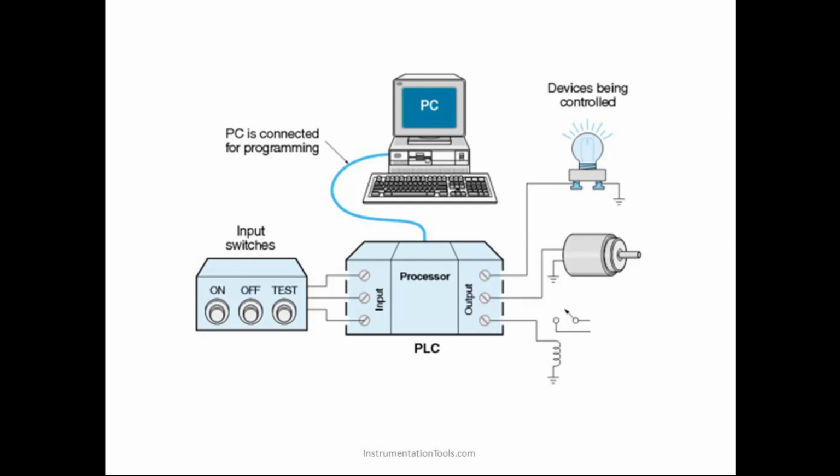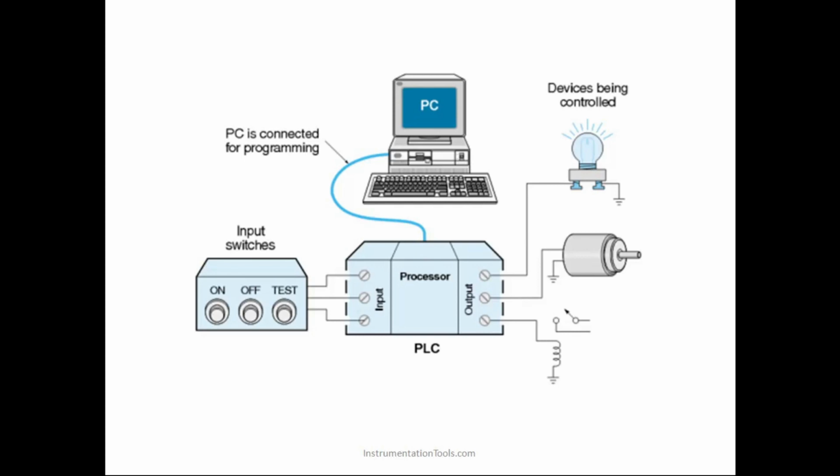First of all, there can be a large number of inputs, which can be push buttons if we talk about digital signals. They can also come from proximity sensors and many other digital sensors like limit switches, etc. These signals will be the input to the PLC, and accordingly, as per the program written inside the PLC, it will control the output, whether a digital output or an analog output.